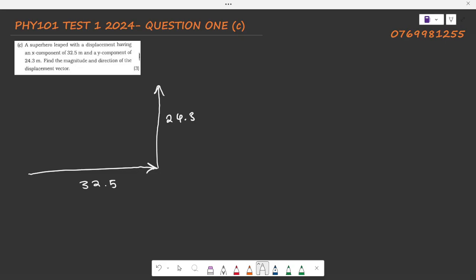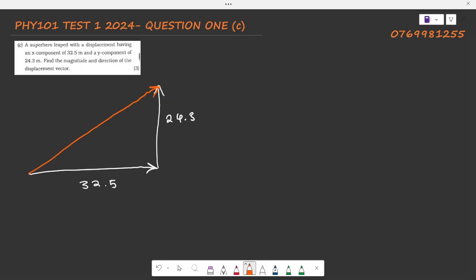Now we're being asked to find the magnitude, and what we find is that the magnitude is the distance from the tail of the x component to the head of the y component. So this is the magnitude. Okay, so what we can see that has been formed here is some sort of a triangle, and we can introduce things like SOH CAH TOA now to easily find the